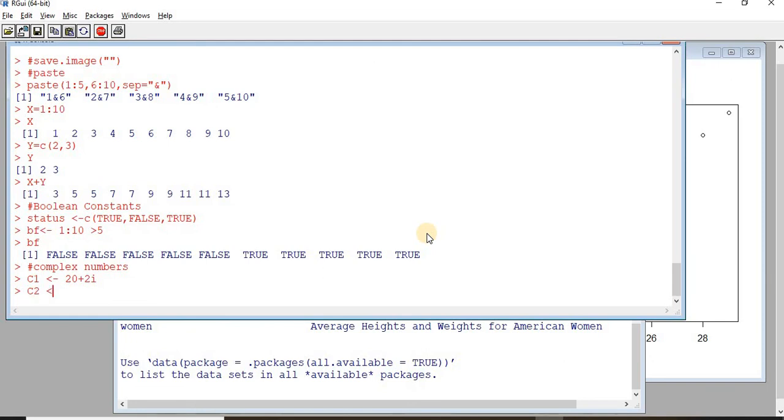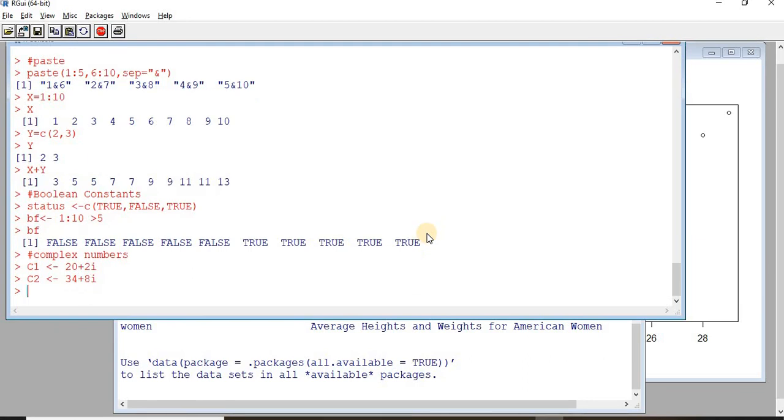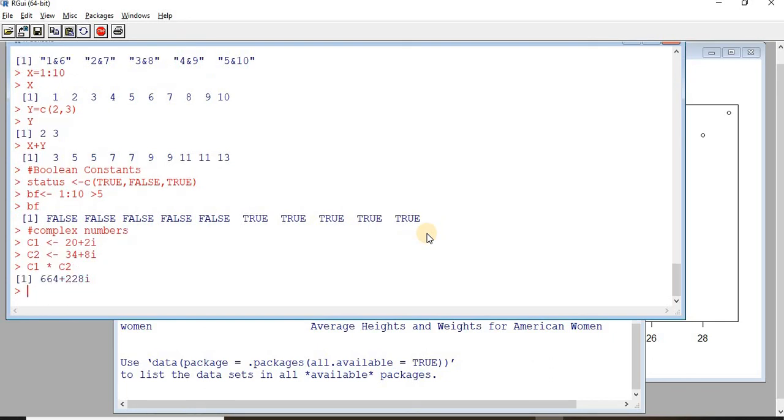So the second complex number, so we have two complex numbers. Now you can perform any addition, subtraction, multiplication, any operation on these complex numbers. So when we are multiplying both of them, this is just normal complex number multiplication.